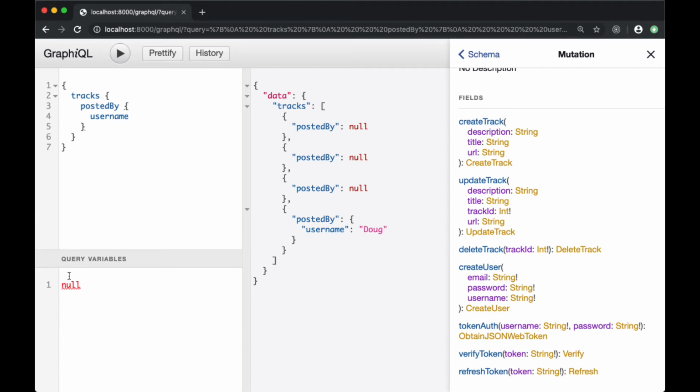Now users within our application have full CRUD functionality with their tracks. They can create, read, update, and delete them. But to add some interactivity with the tracks that users post, to allow other users to interact with tracks that a given user has posted, let's add the ability to like tracks. So to begin work on that,